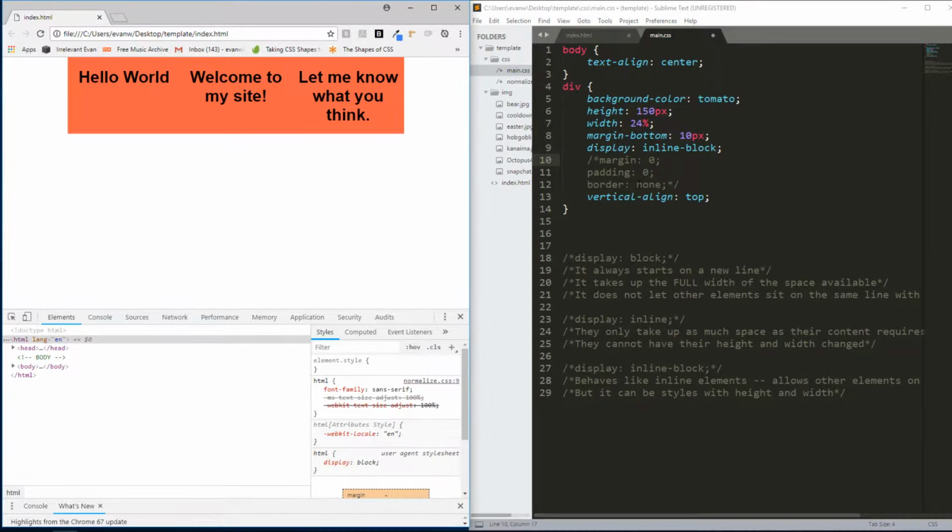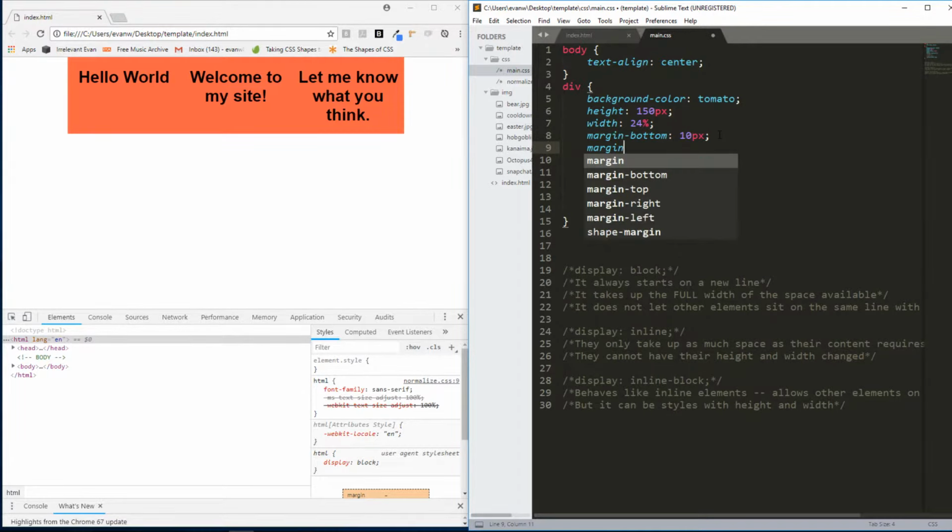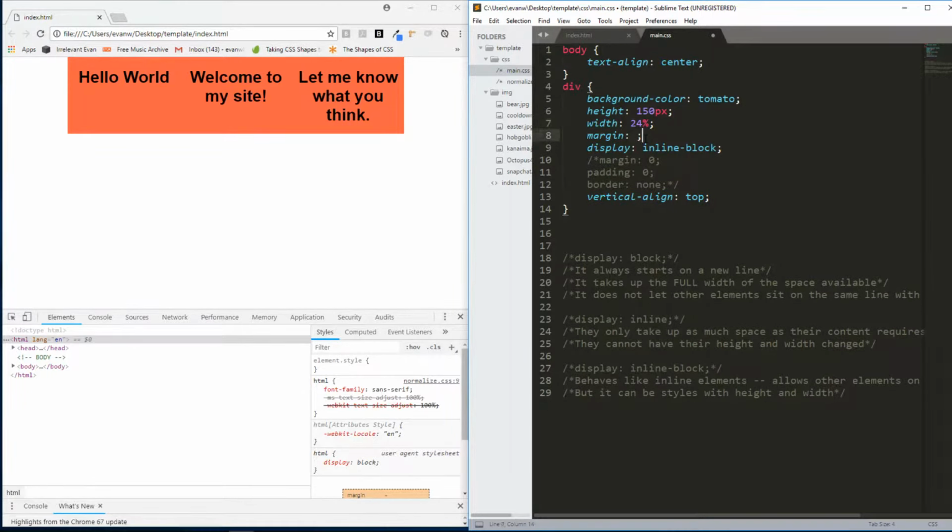But I want to space them out a little bit. So let me give them a margin. Let's do a vertical margin of 10 pixels like we had, and a horizontal margin of, well, let's pause here